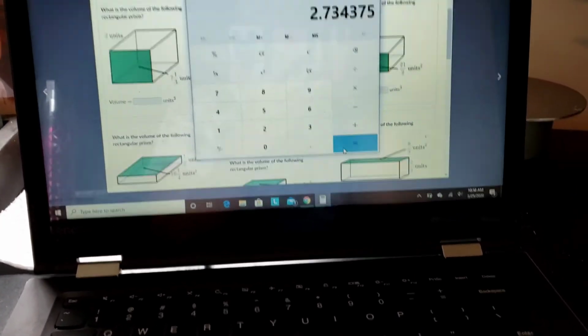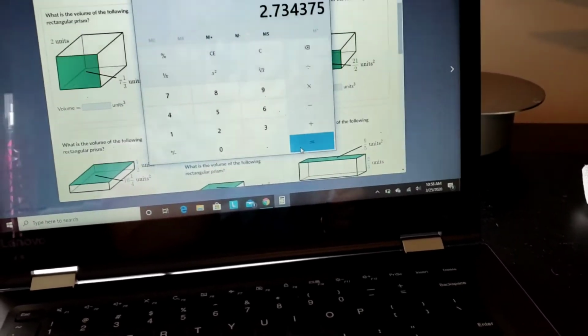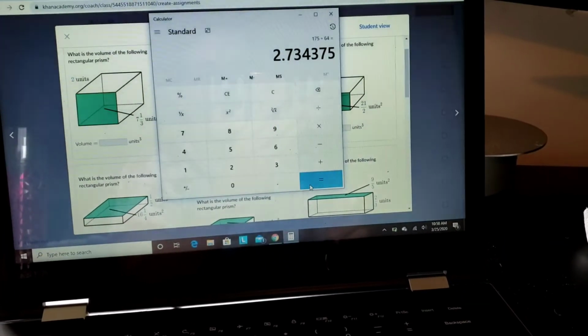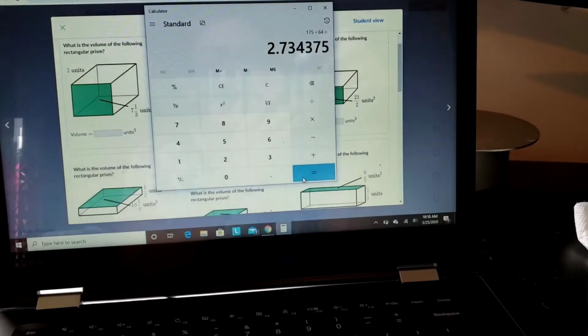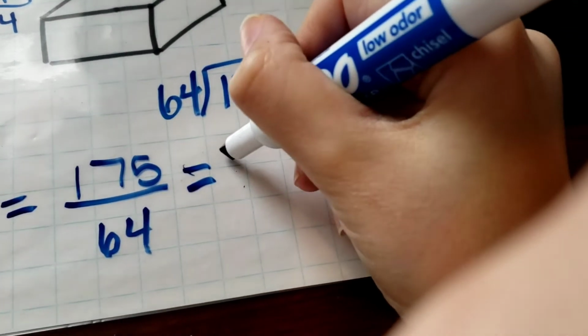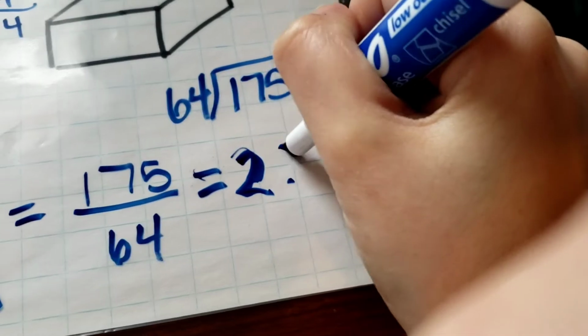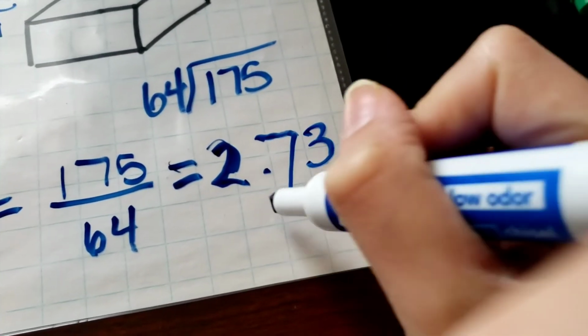And that gives us 2.734. I'm just going to stop it at 2.73. So we have 2.73 feet